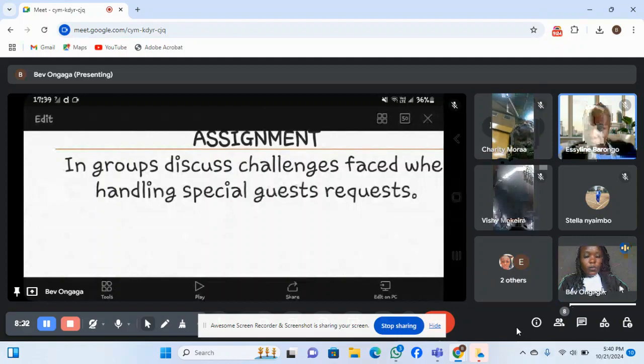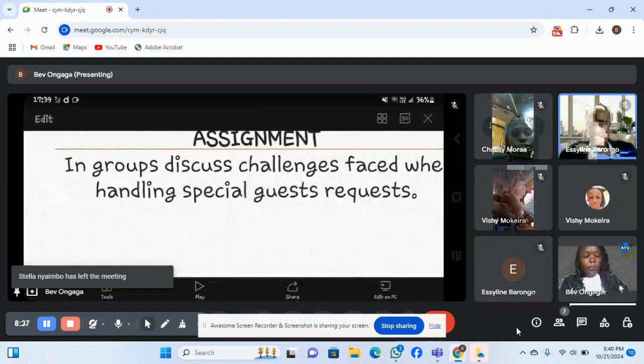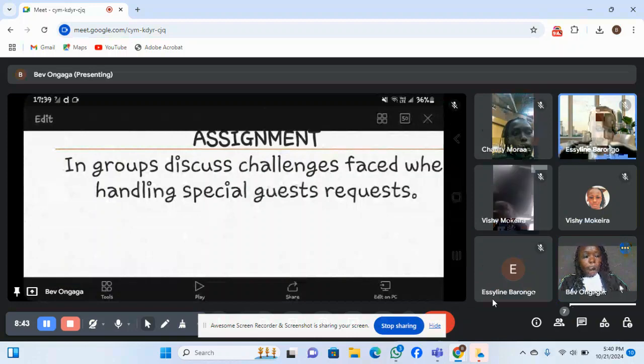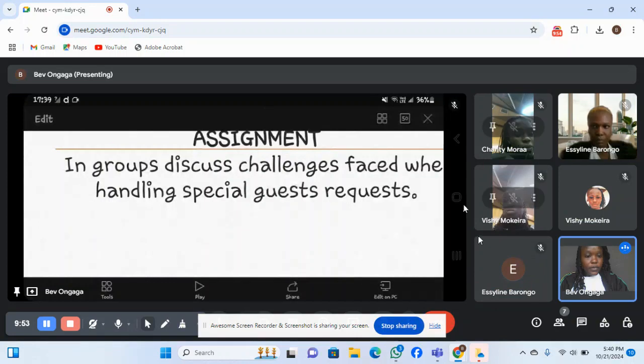Then after they have had the whole experience, you follow up, which is point number 5. Is the guest satisfied with what you had offered to them? And if there is anything that you need to improve on, they need to tell you. And this is the feedback point. Then the last point is documentation for future reference or for accountability purposes. Yeah, thank you. Then I would like us to recap what we have learned today.